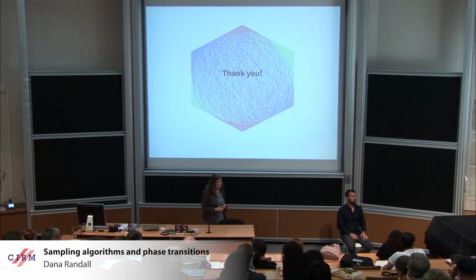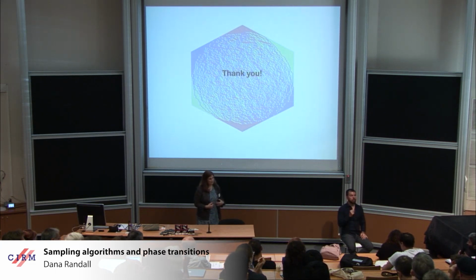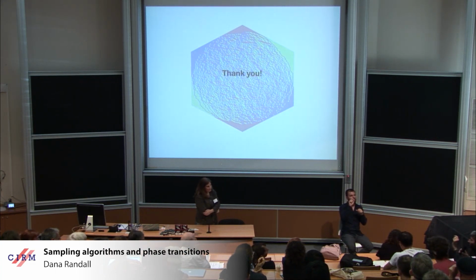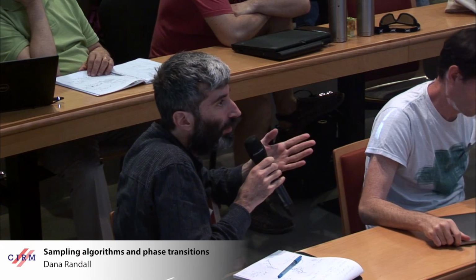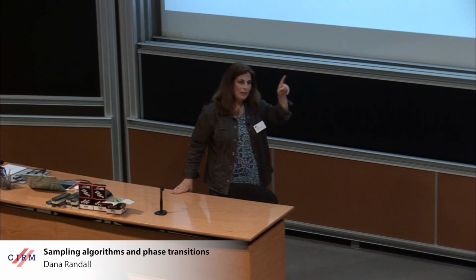Okay, other questions? Okay. So if I get it right, the dotted circle that you have, let us call it the free fermion line or a diamond model line. Yes. And you say that you don't have fast mixing even on that line. Well, for this local Markov chain. So on that line,